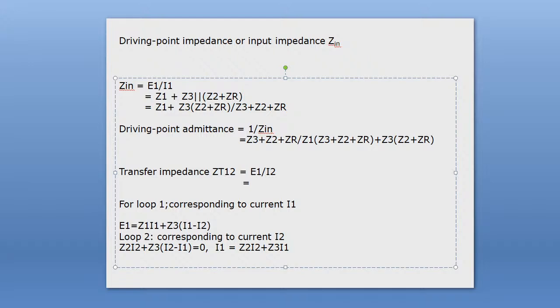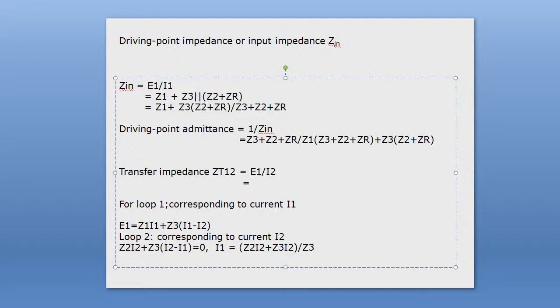I1 equal to I2, divided by whole. Actually you take whole of this thing and divide by Z3. Everyone see that from the mesh equation of loop 2 we can obtain the I